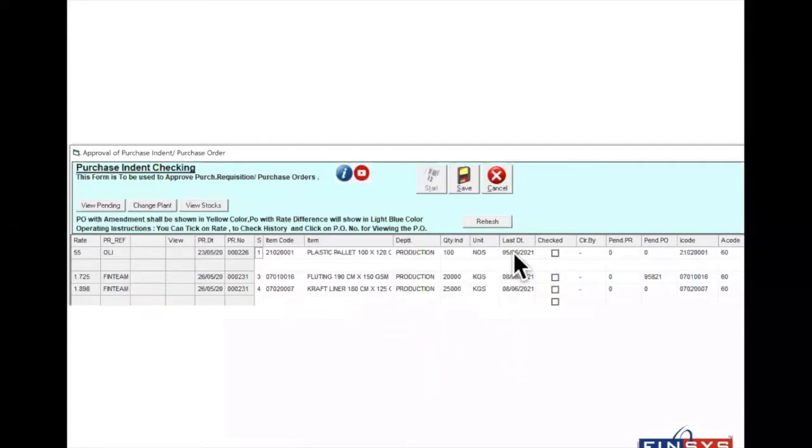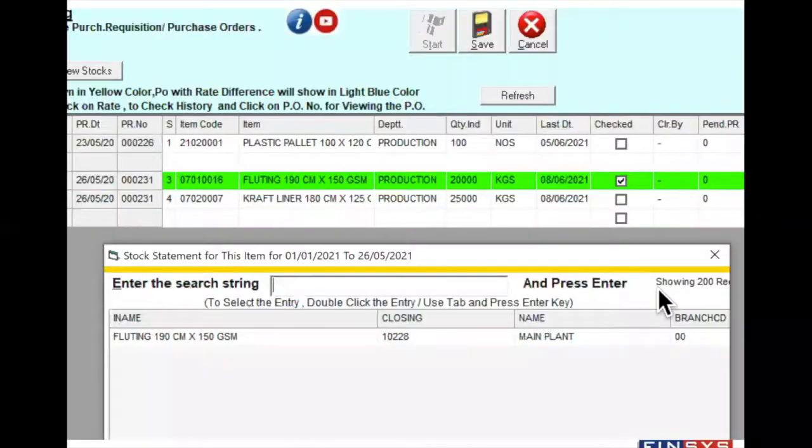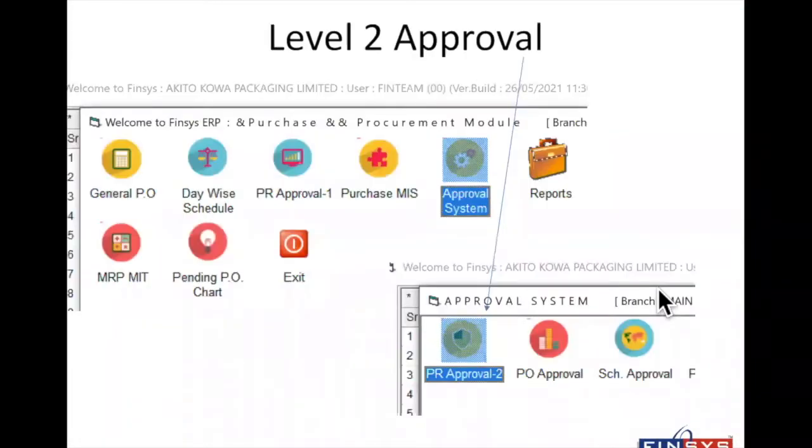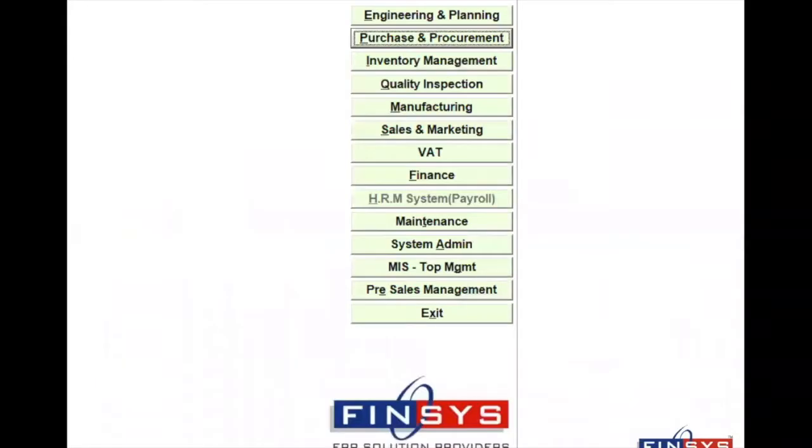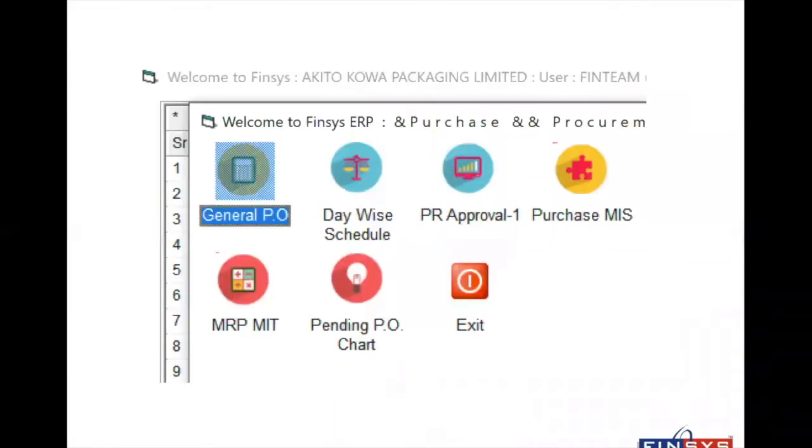In the approval system, it asks you, okay, what are you approving? What is the stock? What is the minimum level? What is the pending POs? For example, here I can see 95 tons is already pending approval. I select, I finalize, I say okay, and I approve the PO. PR level 1, level 2 approvals are done. I'm being slightly fast because this is not the focus. Focus is Excel upload.